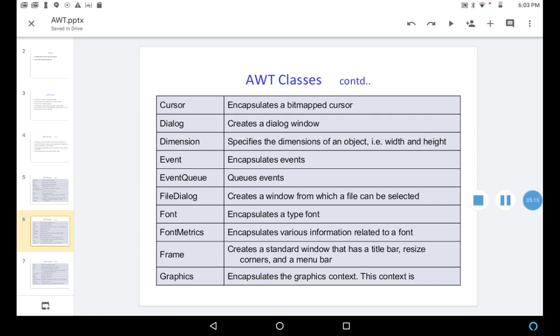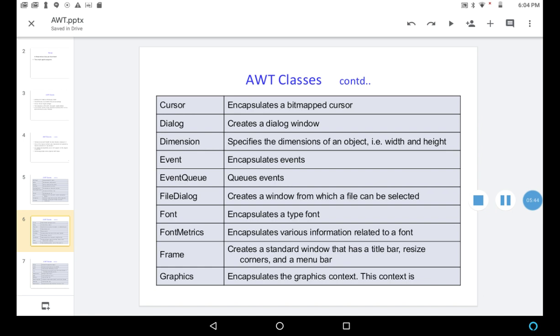Dimension specifies the dimensions of an object, like width and height. Event encapsulates events. Event queue queues the events. File dialog class creates a window from which a file can be selected.